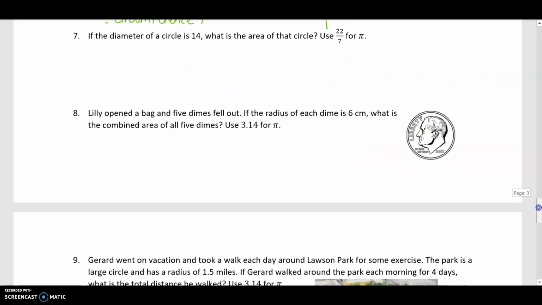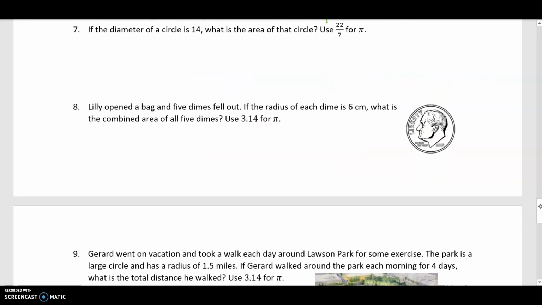All right, let's go to number 7. So you should have pressed pause and solved the other problems before you're moving on. So with number 7, it says, if the diameter of the circle is 14, what is the area of that circle? It says use 22 over 7 for pi. Okay, so we're analyzing the problem. It says the diameter is 14. So diameter is 14. And it says what is the area? So question is asking for area,